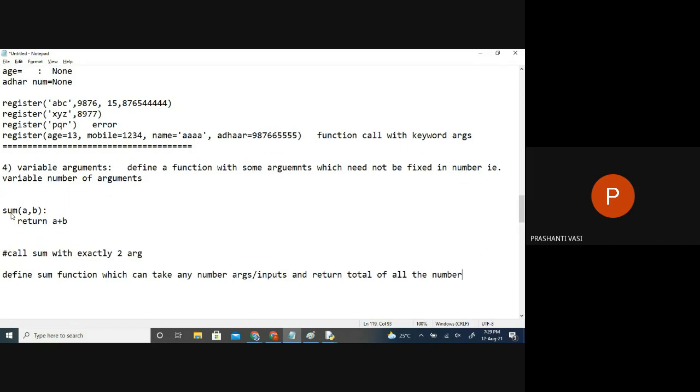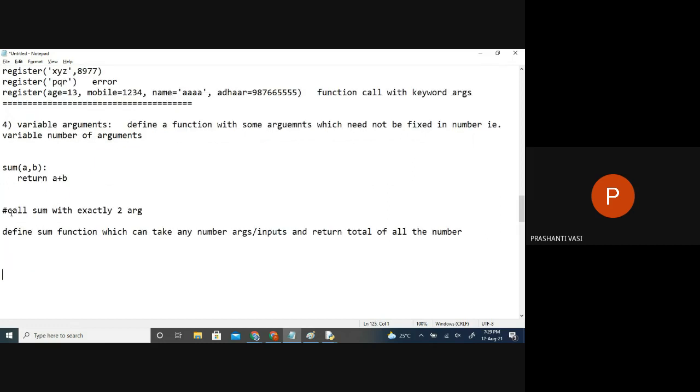I want to do this in that manner, so that I define the program in such a way that you should be able to get an answer even if you write like this. Okay? You can give any number of values and any type of values.